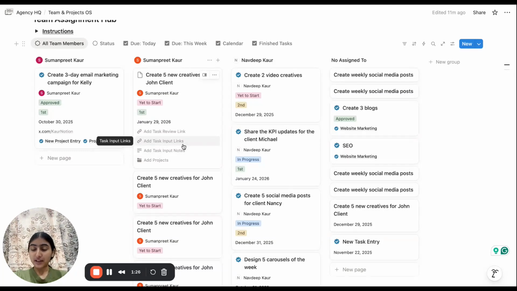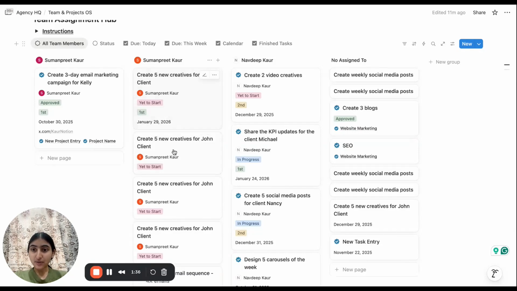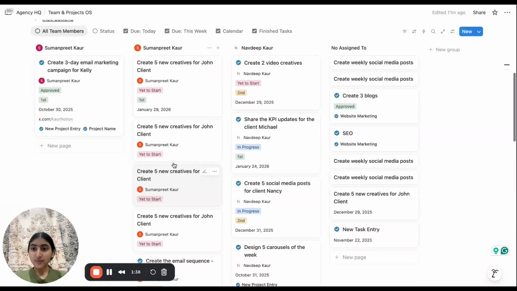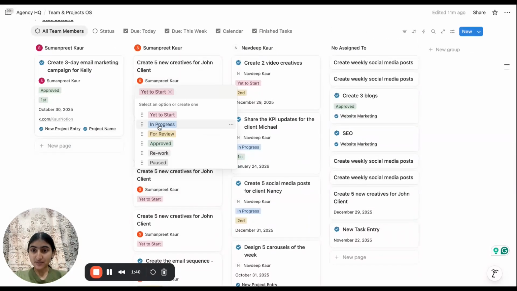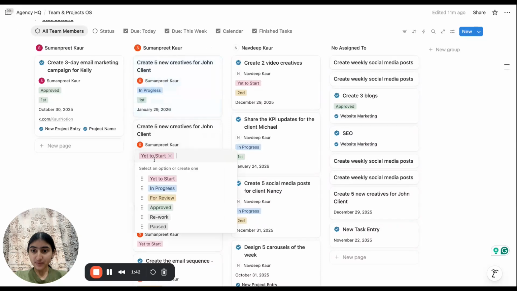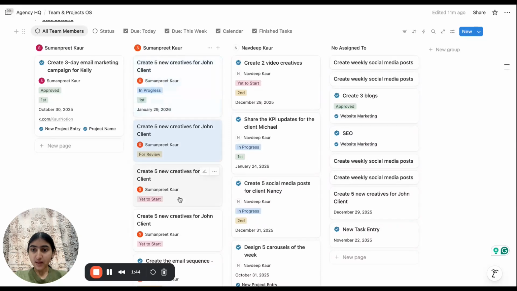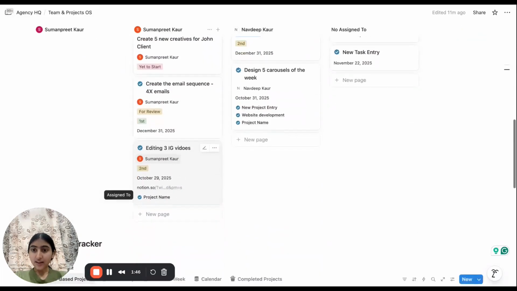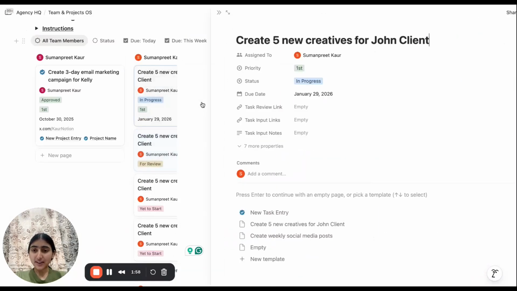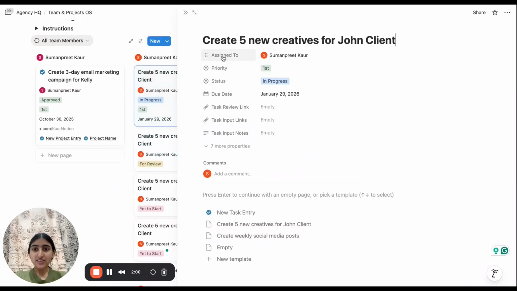Add task input link, where you can add any kind of links or files they require to execute the tasks. So just at first glance, you get to know the status and the due date, and you can go inside any task and check the details.